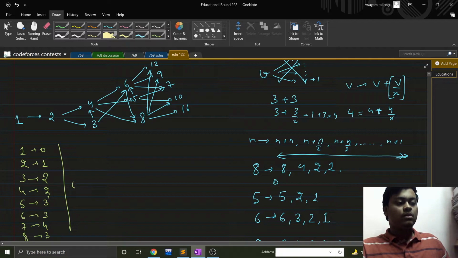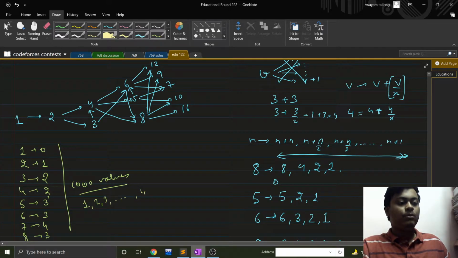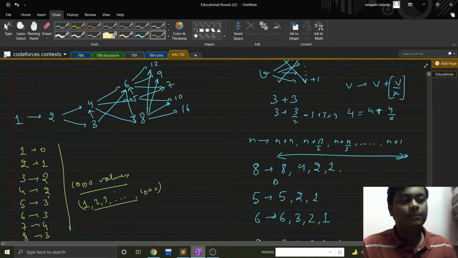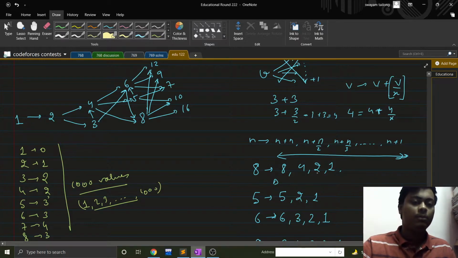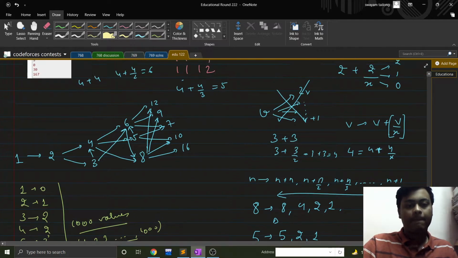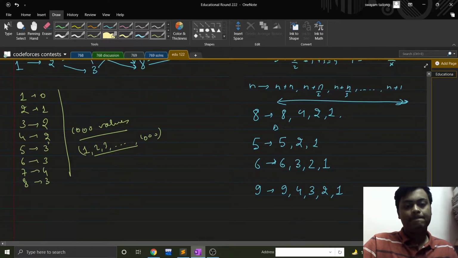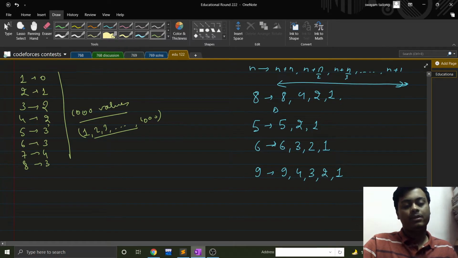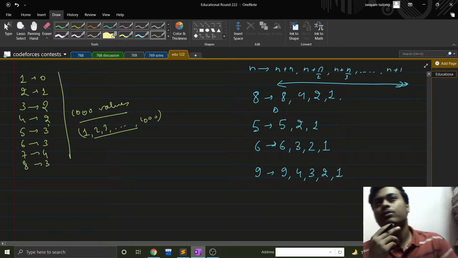All the values, I have 1000 values, right? 1, 2, 3 up to 1000. All these values need to be known about. So how to find the number of operations required to reach till a number? That is just a pre-computation, right? So